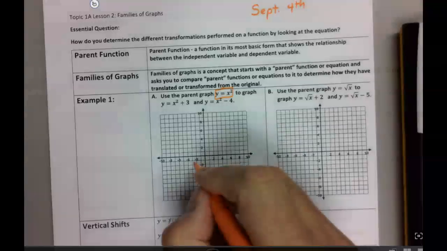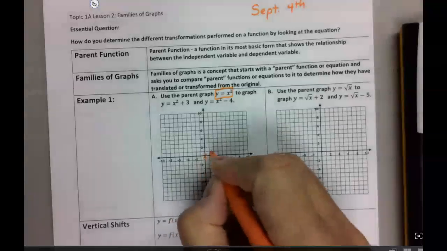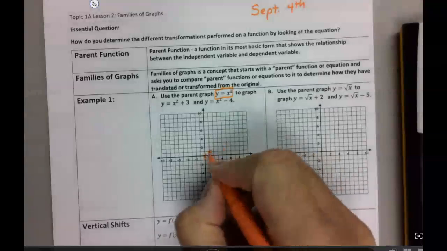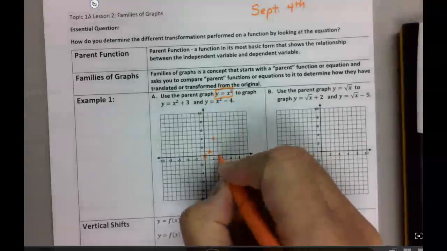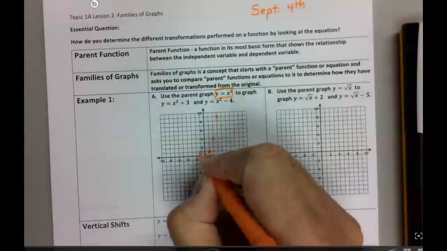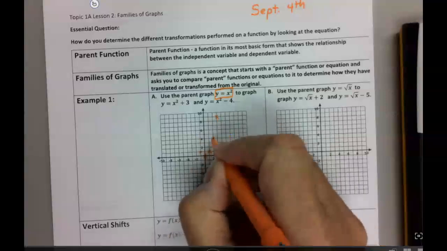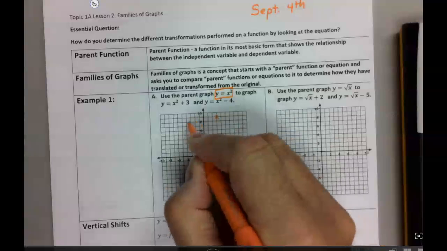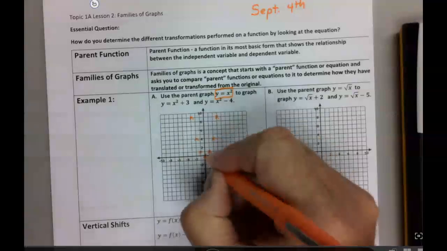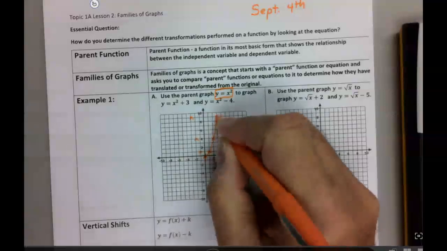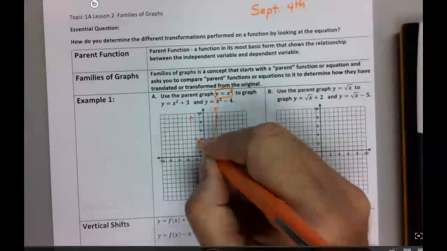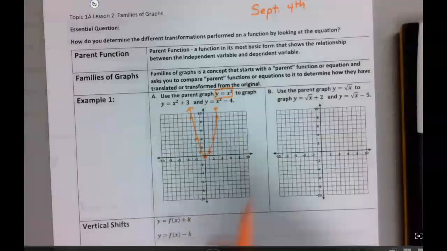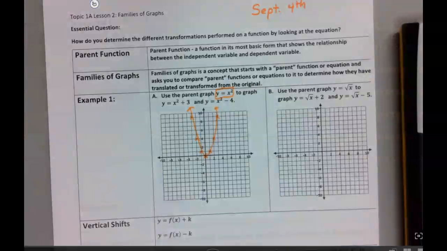So I always do my parent function with x's. So 0, 0, 1, 1, 2 squared is 4, 3 squared is 9, and then I reflect it over the y-axis. So there's my parent function. Okay? Now, in your graphing calculator,